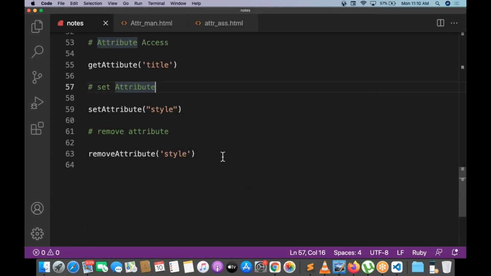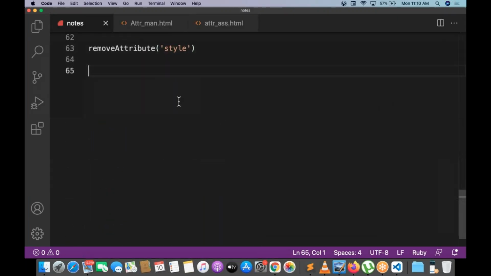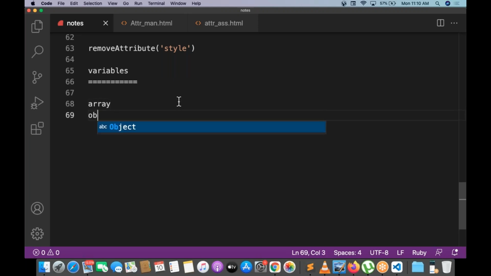So we are done with variables, right? The concept called variables. Did we finish or not? We started variables and we are done with variables. And in the part of variables, we have two kinds of things: one is the array, one is the object. Okay. Tell me, what is an array?